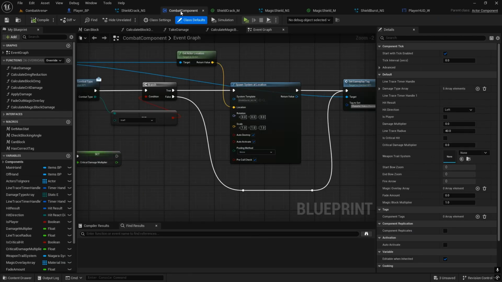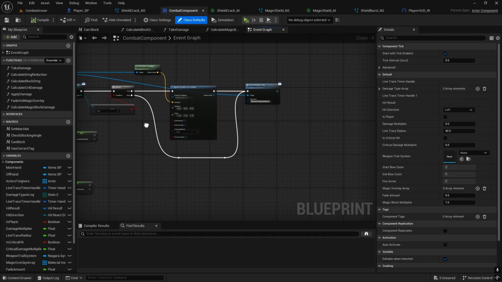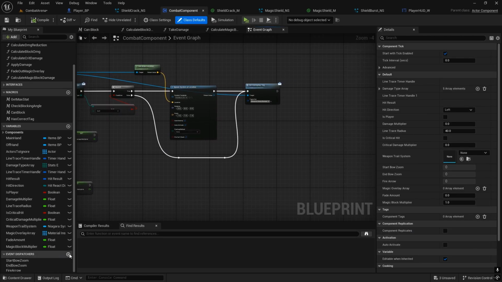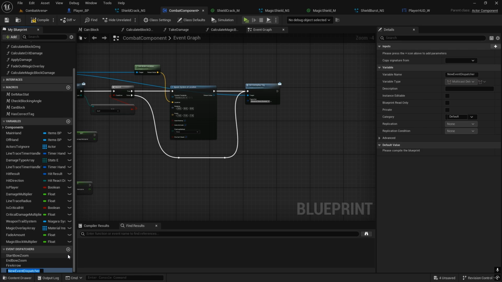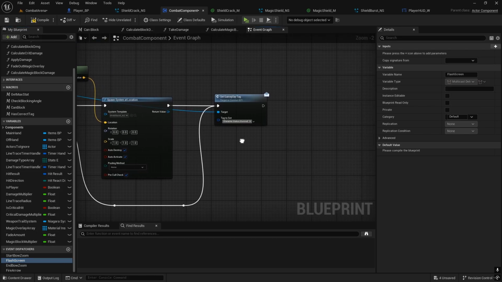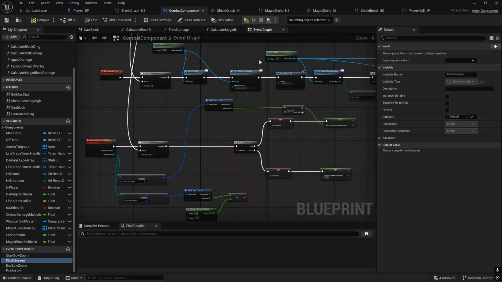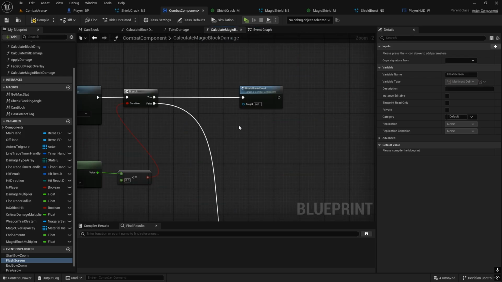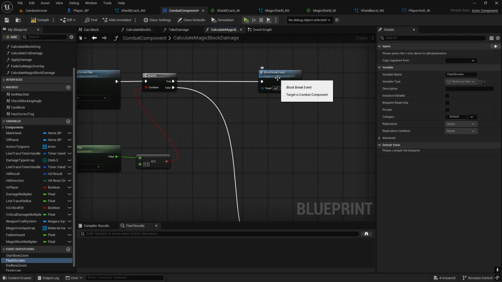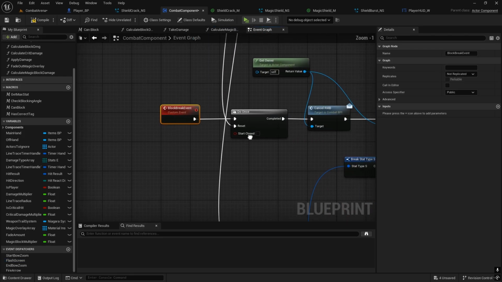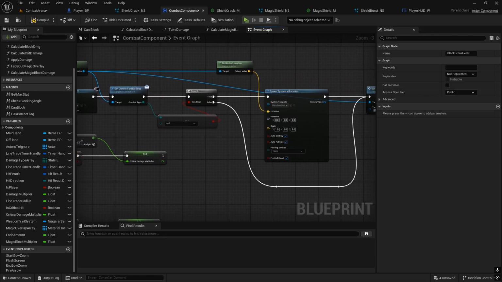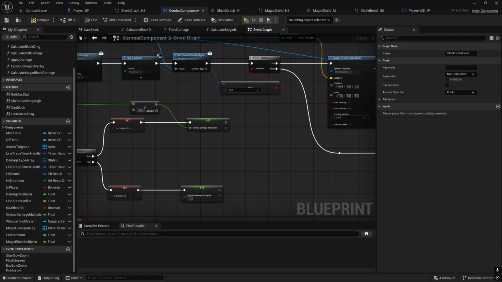So in combat component, we can do event dispatcher. And this one will be flash screen. Not sure if it can be the same name as the other variable, so I'll do flash screen. And then we need to find when we break block. So that's this block break event in calculate magic block damage. And in the end,